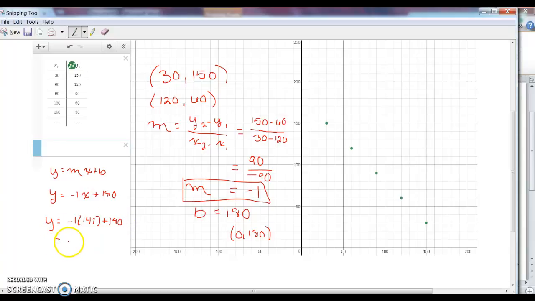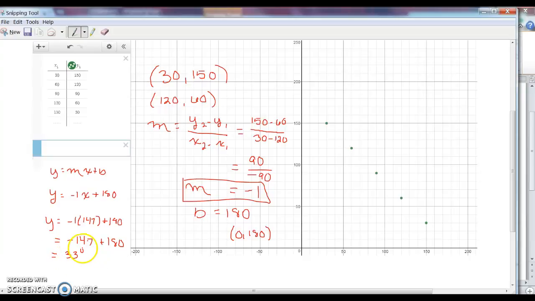Negative 1 times 147 is negative 147, plus 180. Negative 147 plus 180 is the same thing as 180 minus 147. That leaves us with